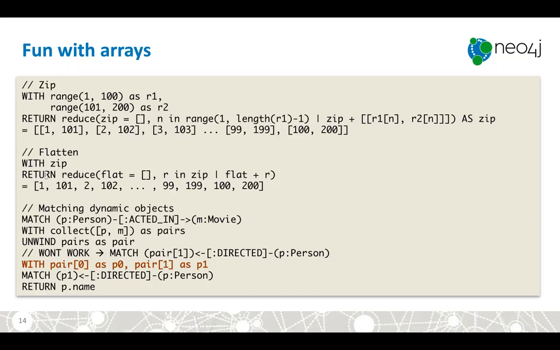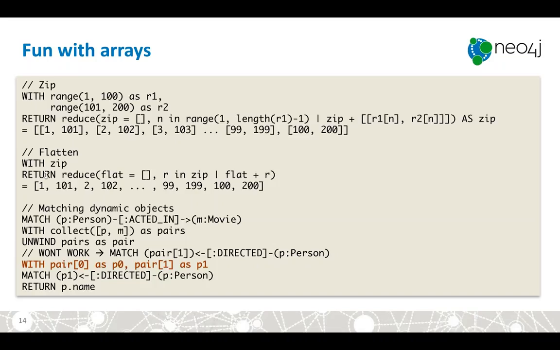So when you are trying to reference nodes from a collection like an array, you'll get an exception in Neo4j. So if you see the line, the fourth from the bottom, where it says it won't work, if you were to try and match the director of the second object in the array, the index 1, it's not going to work